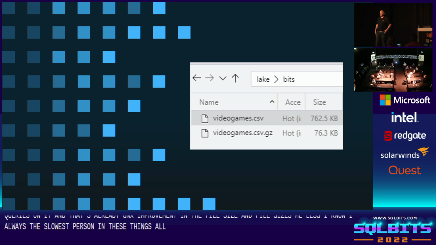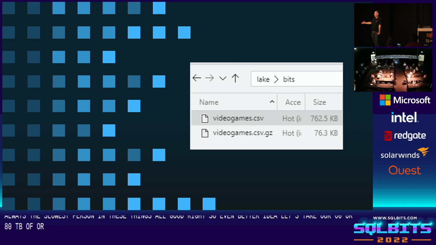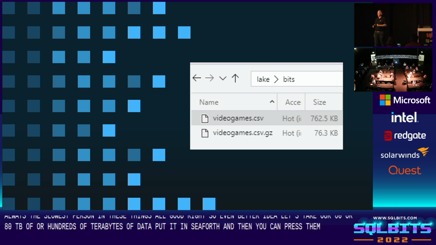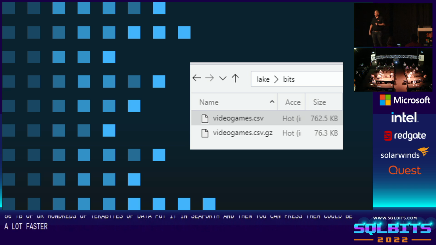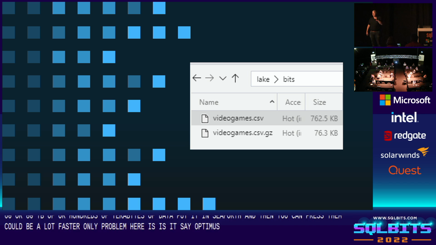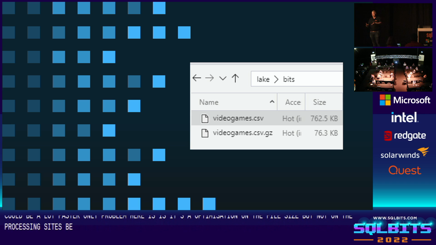All good, right? So, even better idea. Let's take our 60 or 80 terabytes of, or hundreds of terabytes of data, put it in CSV files, and then compress them, right? Could be a lot faster. Only problem here is, it's an optimization on the file size, but not on the processing size, because now it's compressed, so you can't divide it anymore, right?